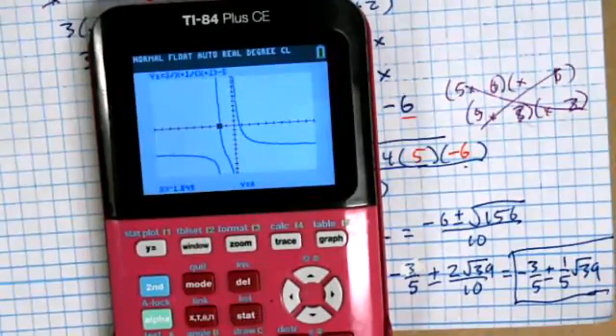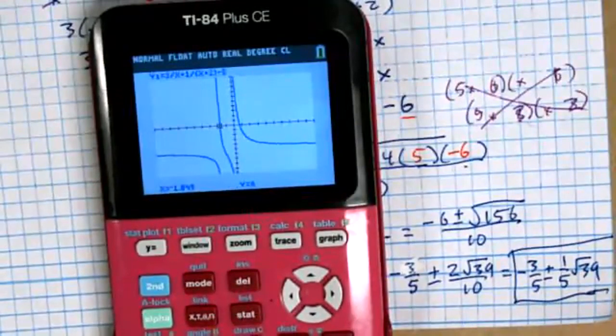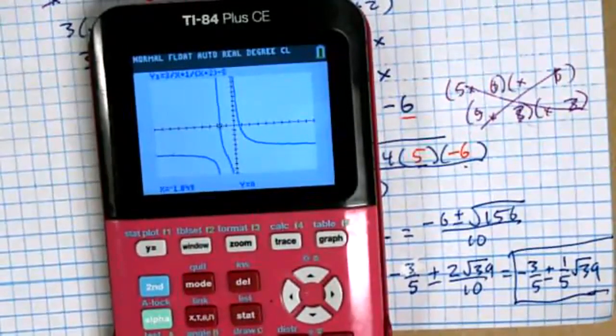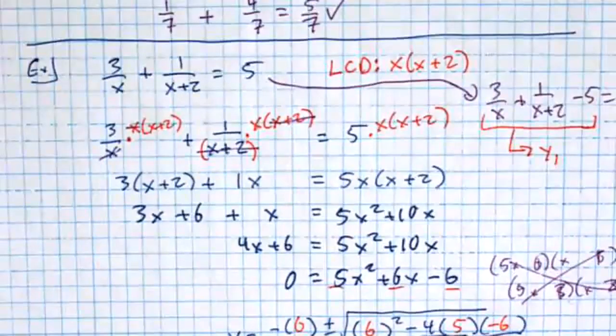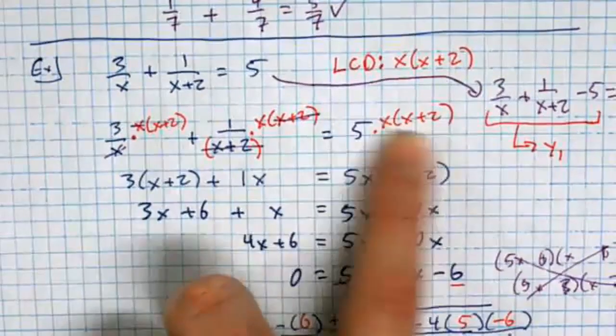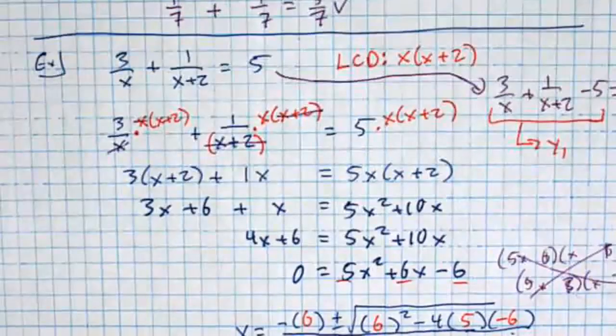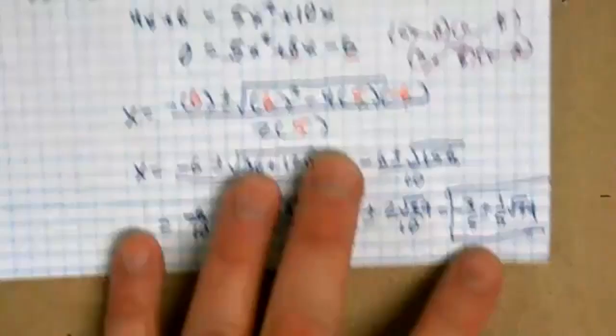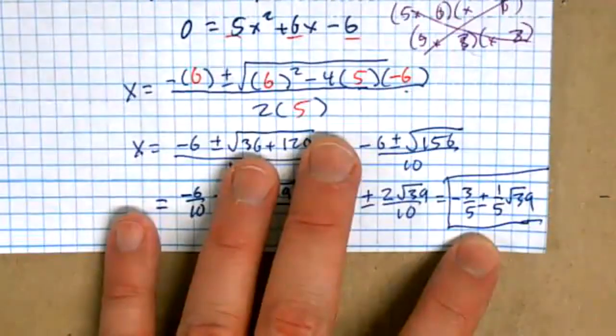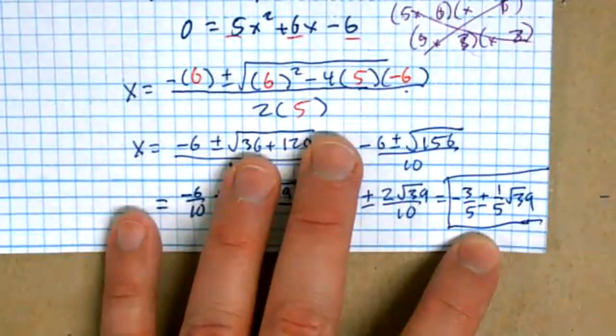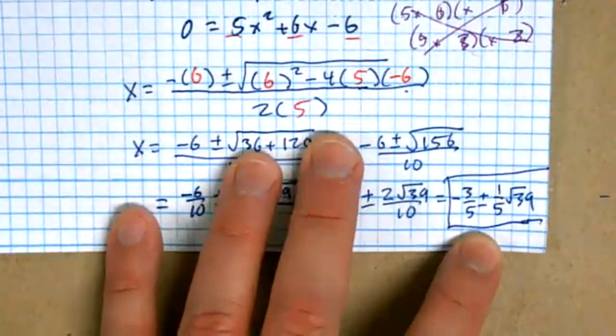All right, any questions? Got one more example to do that illustrates one final thing that we got to do with these. The whole idea is clear the fractions and then solve. Like if we were going to do a step-by-step thing, step 1 would be clear the fractions. We did that by multiplying through by our LCD here. That's this stuff right here. And then solve. And that was just basically algebra 1, algebra 2 stuff. There's a final step that you have to do, which is check and make sure that none of your solutions are what are called extraneous solutions. Have you guys heard that word before? Extraneous solutions? Extraneous solutions are ones that come out when you do the algebra correctly, but don't actually work in